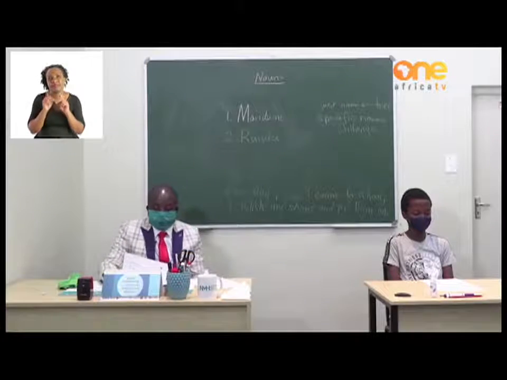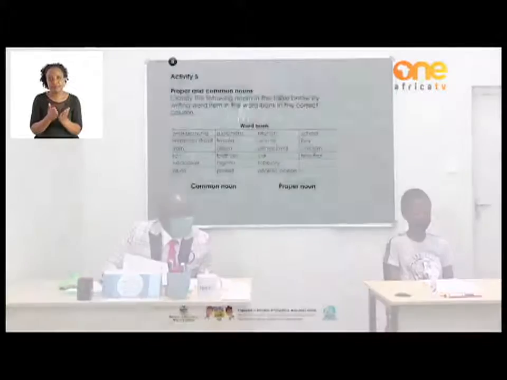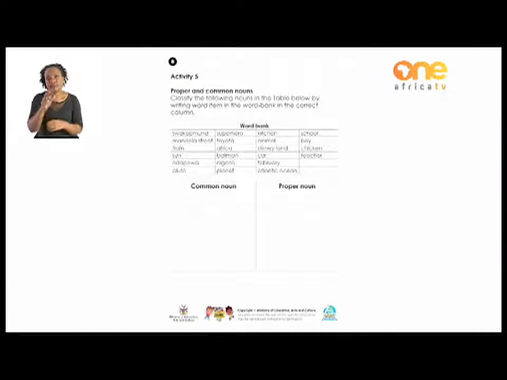Right, let's open on page 8, where we have activity 5. Proper and common nouns. Classify the following nouns in the table below by writing each word item in the word bank in the correct column. Let me read again. Classify the following nouns in the table below by writing each word item in the word bank in the correct column. Right, we have the word bank there,